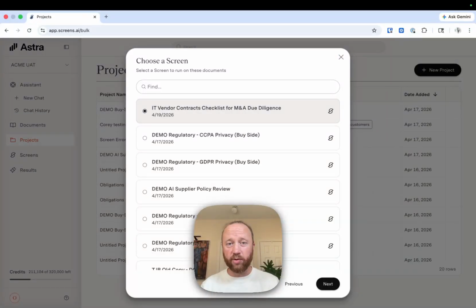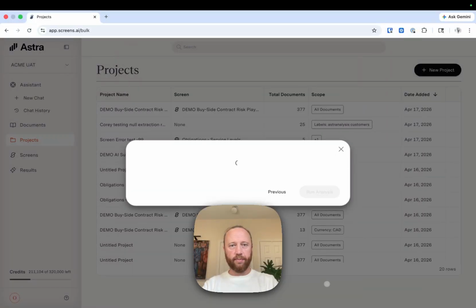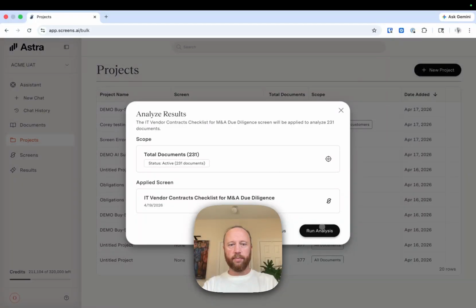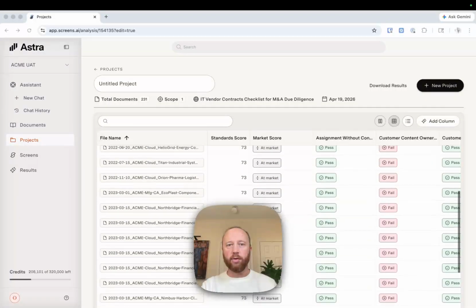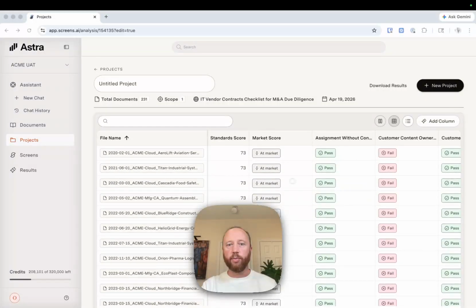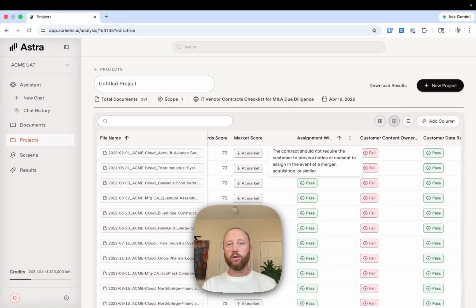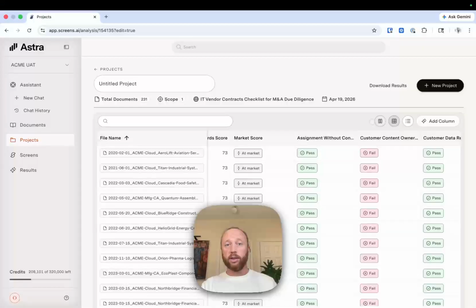Then I'm going to select this community screen that was designed to screen vendor contracts in an M&A context. Once my analysis is complete, I can see all my contracts as rows, with each column representing a specific point of analysis, like this one, which shows whether I need to notify or seek consent from the vendor in an assignment scenario. I can sort these columns,